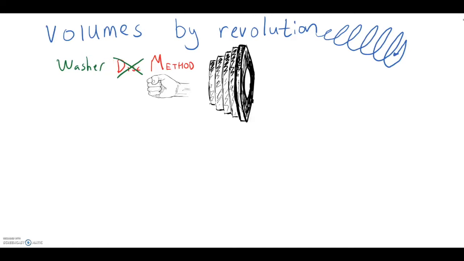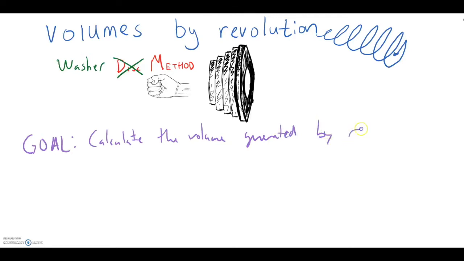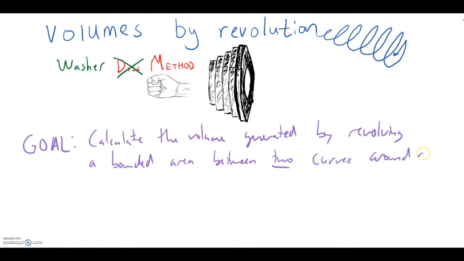This will be the second video on volumes of revolution, this time using what's known as the washer method. And our goal? Calculate the volume generated by revolving a bounded area between two curves around an axis,